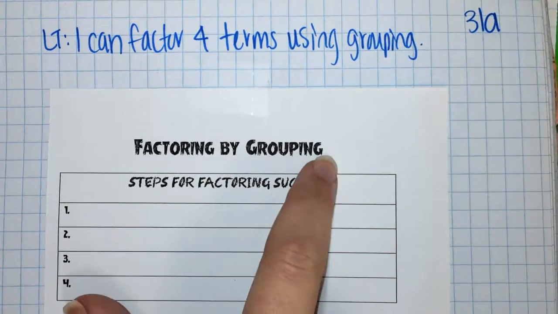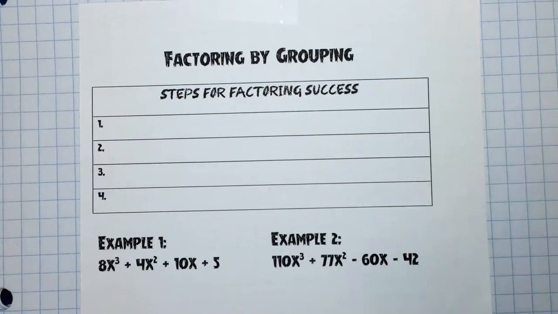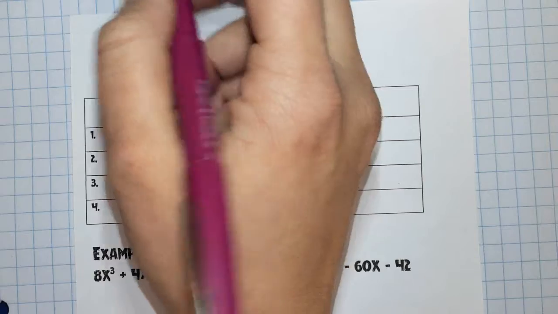That's why it says grouping right here. Alright, so when you have 4 terms, you have 3 steps that you're going to follow, and then we're going to write a special note for number 4. So the first step is,